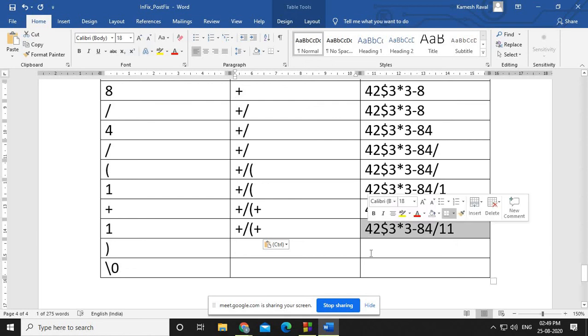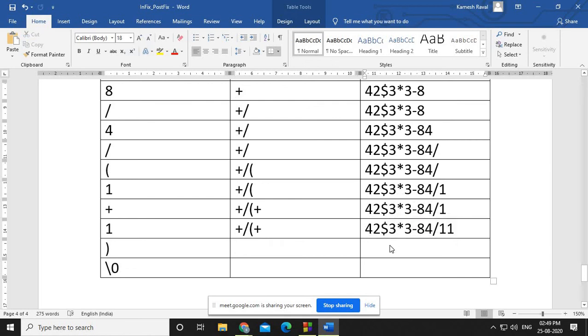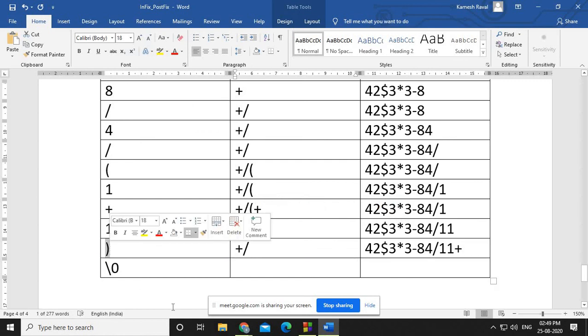So between these two what we have is a plus sign, right? So this plus sign will be popped out and inserted here. So now what you have in the stack is plus and division. This opening and closing parenthesis will resolve each other, right?